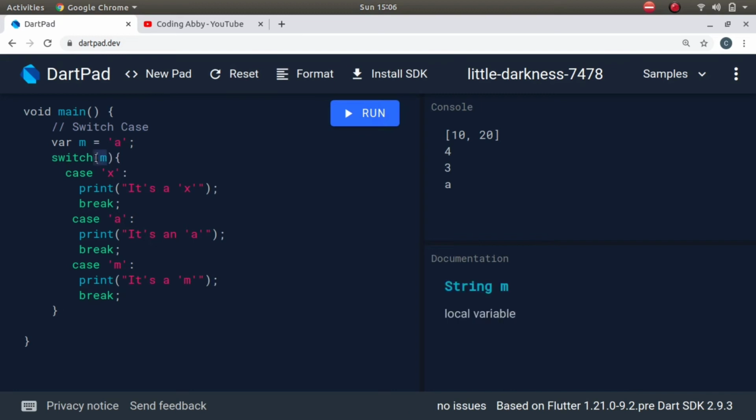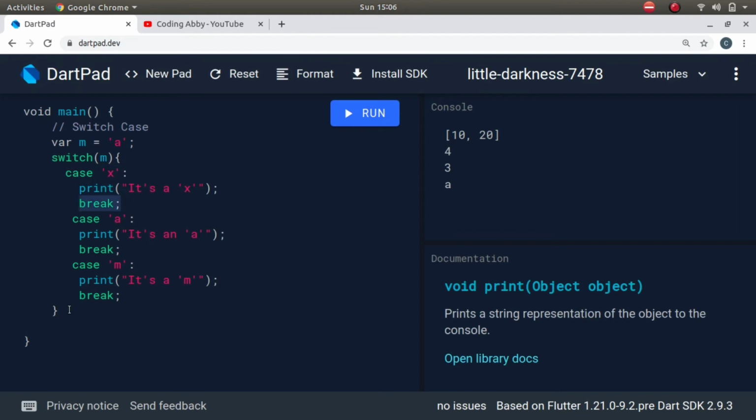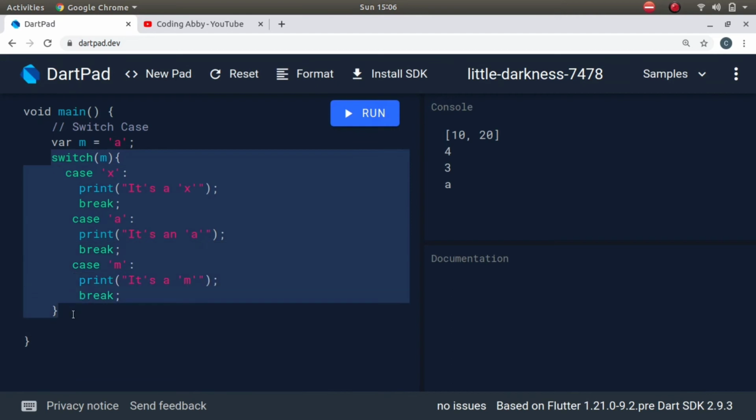So we pass a parameter m and check. The switch case will hold the value of m temporarily somewhere, and it will treat it as a case, meaning the value of m is this. If so, then print and break this switch and execute whatever code is written after this switch case.